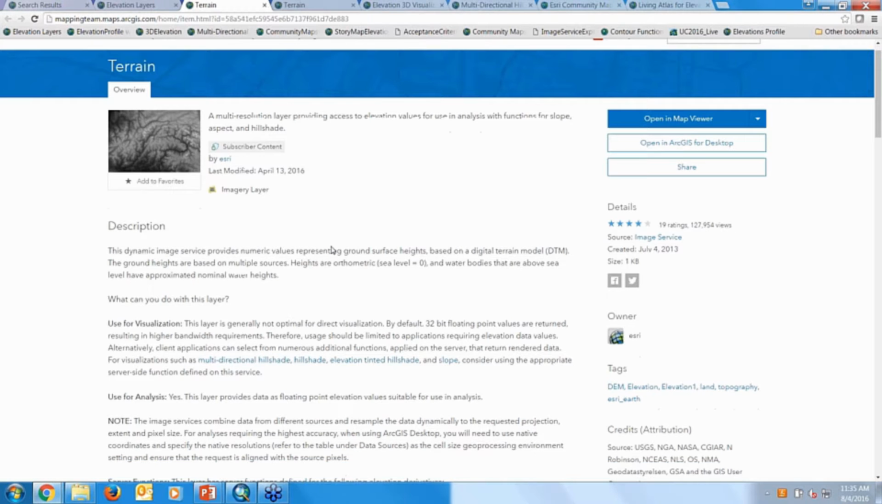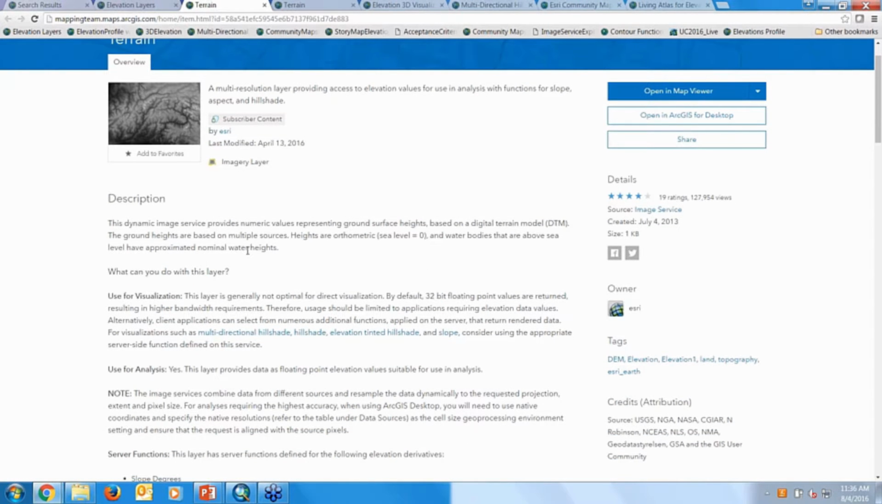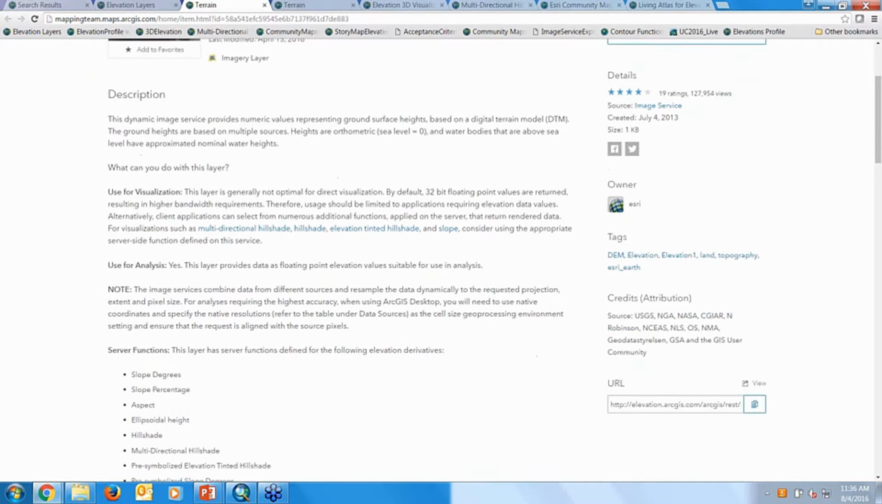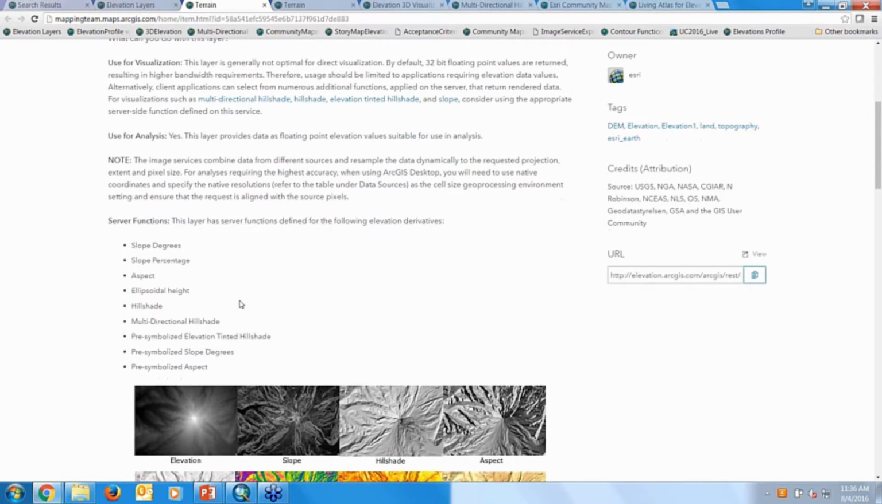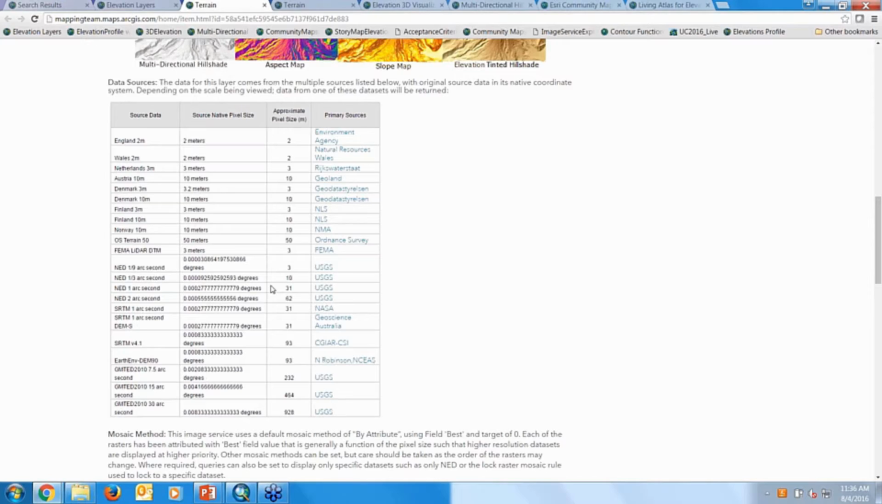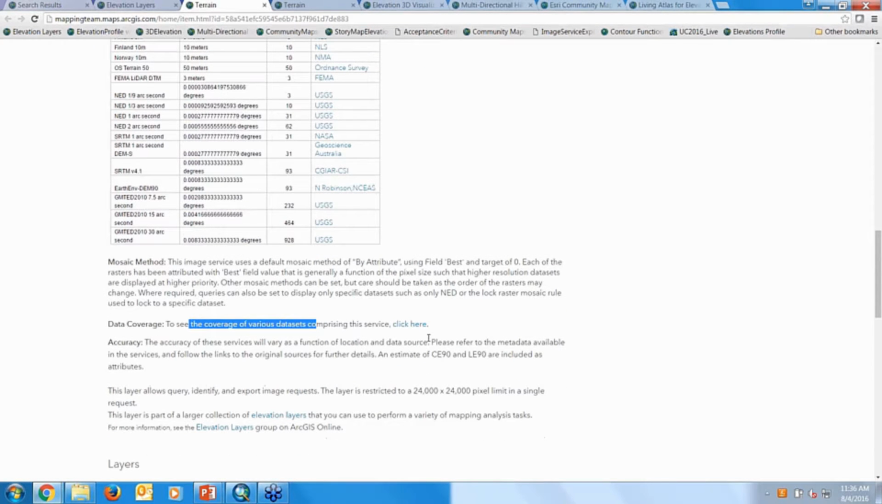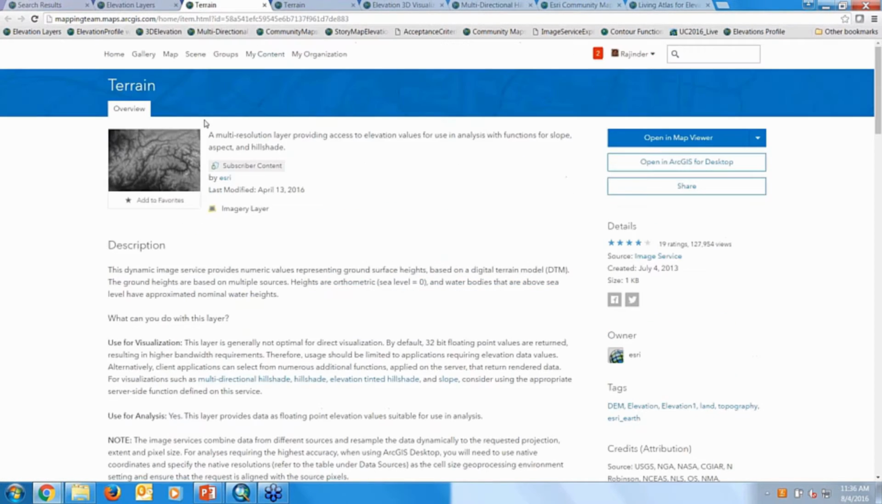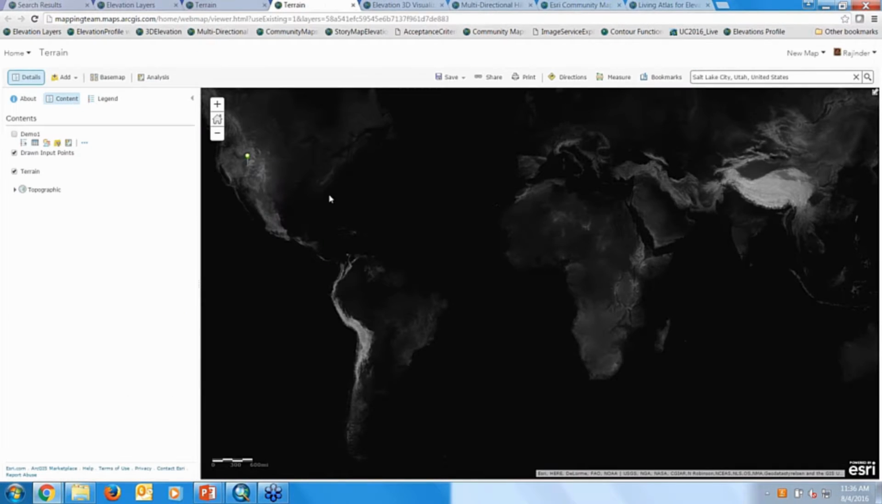So it basically goes over what you can do with this layer, whether it's for visualization or analysis, what server functions are available on this particular layer, and data sources. This also has a link to a coverage map where you can explore more. To open this layer, you need to log into your subscription account. So I have already opened this layer in